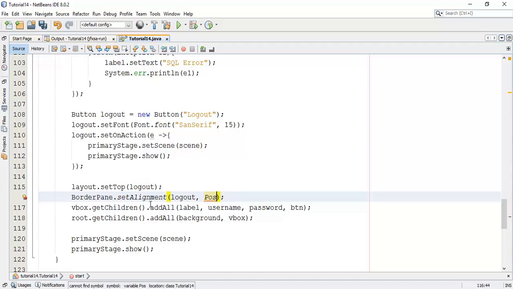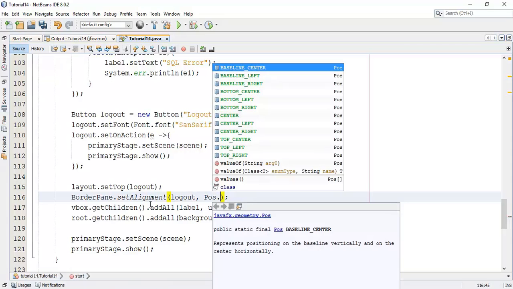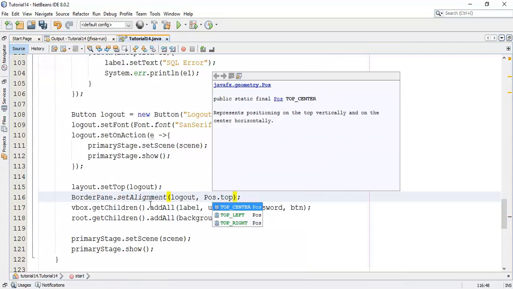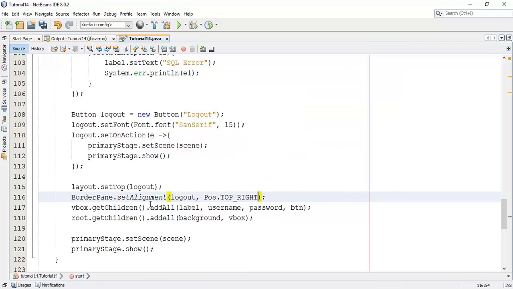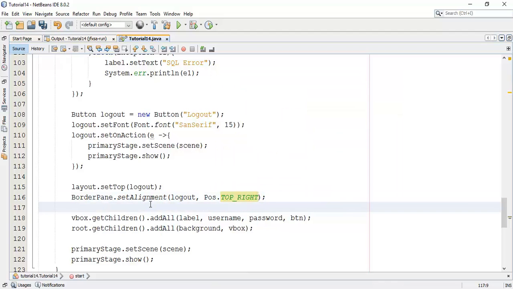And I'm going to set top right. Now it will appear in the top right side of the scene.